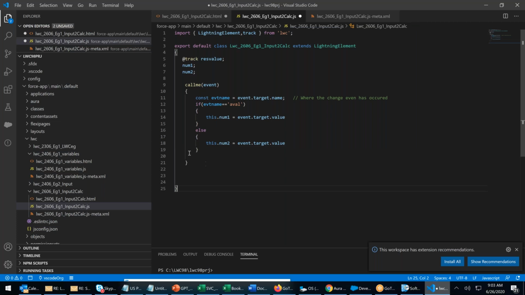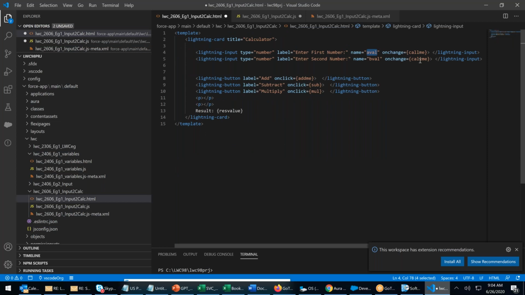Now with this I'm capturing the data that was input by the user. Both are calling the same function, because the names or IDs are different. Even though both are onchange, callMe, the name here is eval and there is vval.